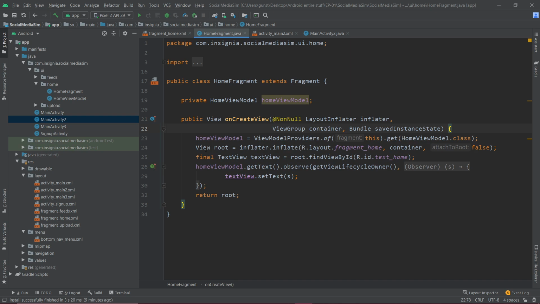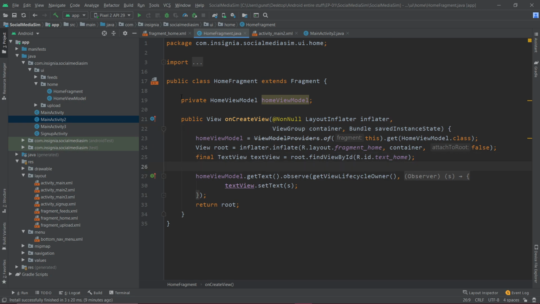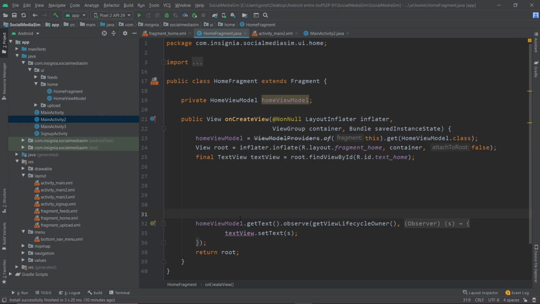But in the case of execution, you have something like onCreateView, right? So within this onCreateView, you would have to instantiate all the objects that you are going to use in your fragment. So this is the place where all the instantiations are going to take place. But then this part right there is the place where everything is going to run in real time. So this is the place where the execution is going to take place. This is the place where you declare, this is the place where you instantiate, and this is the place where you execute. So this is the place where a fragment is going to differ from an activity.